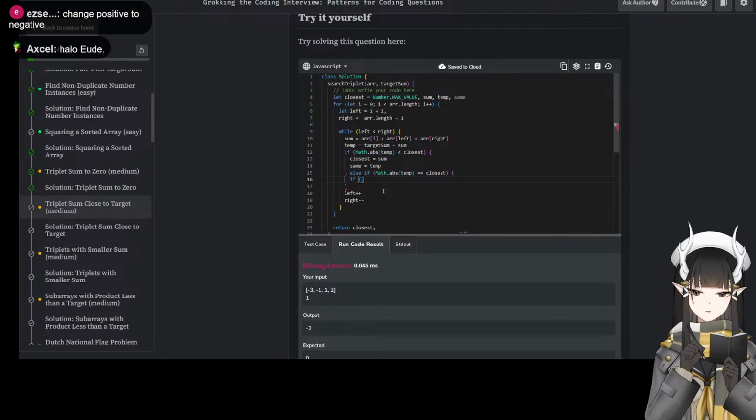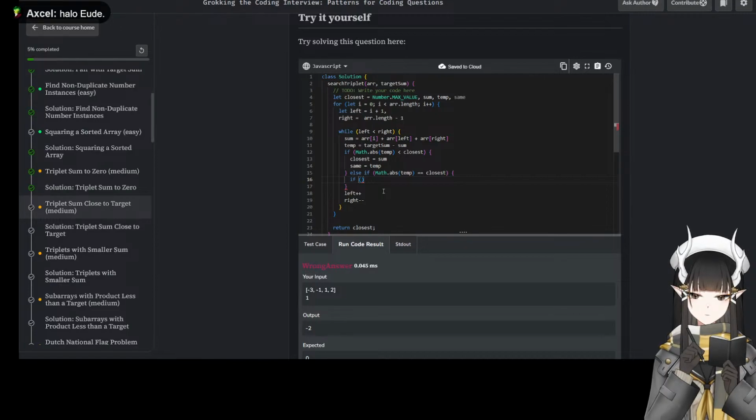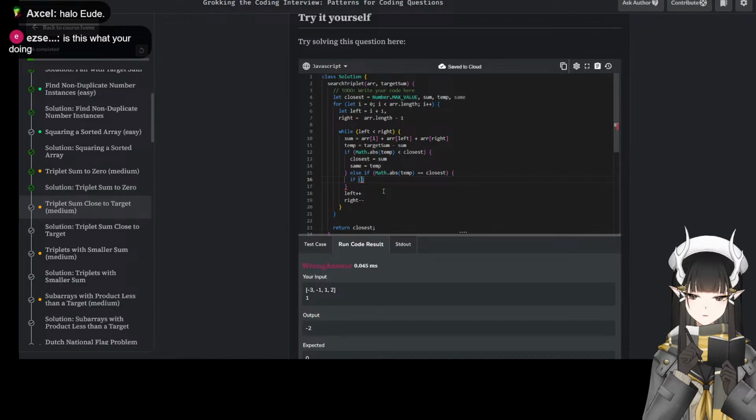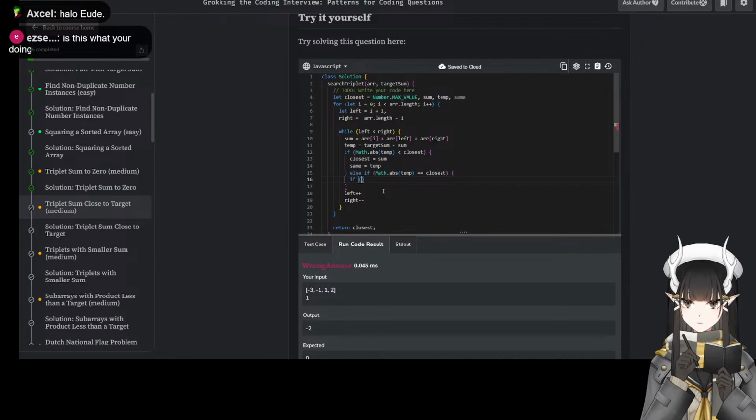I mean, 10 is the same. If they're the same, then we compare the sum.